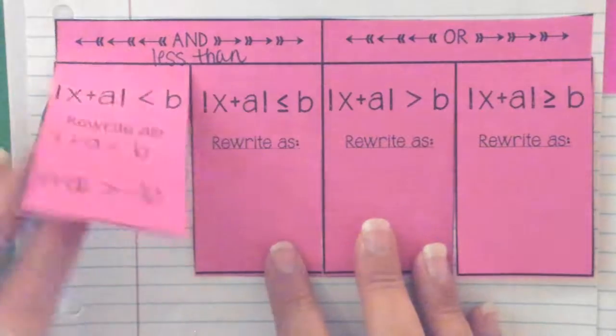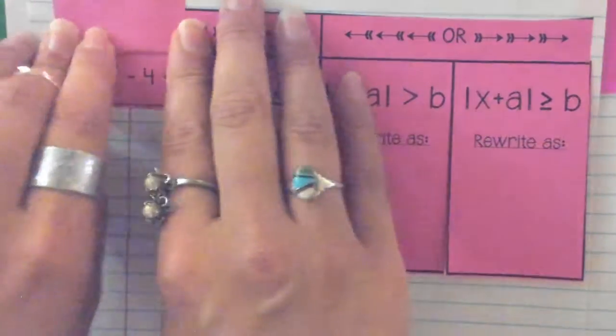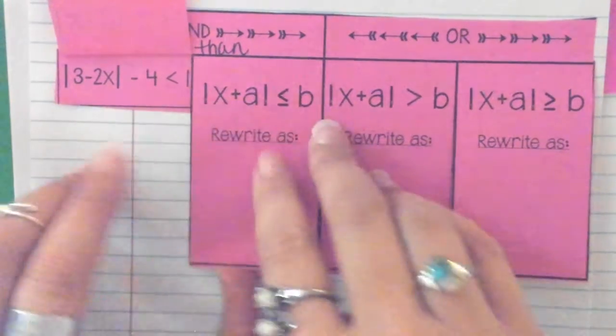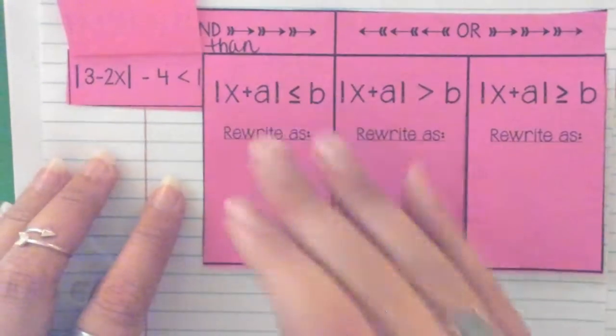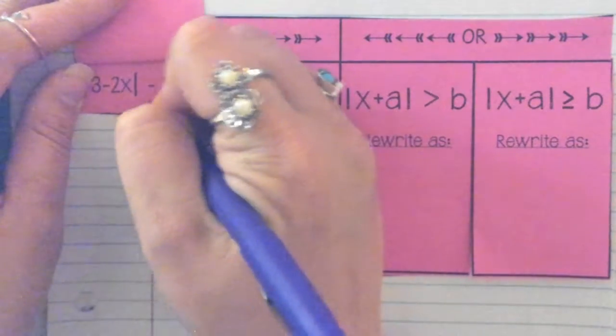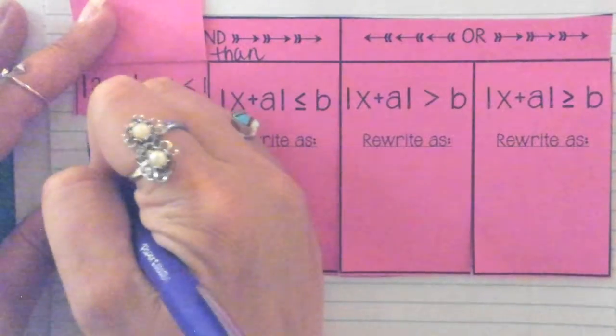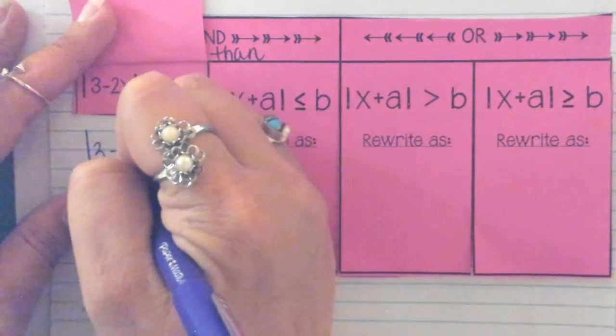Okay. Alright, so let's open this first one and work out this problem. Now, is our absolute value by itself? No. So what do we need to do first? We need to get rid of that 4. So we're going to add 4 to both sides. And that leaves us with the absolute value of 3